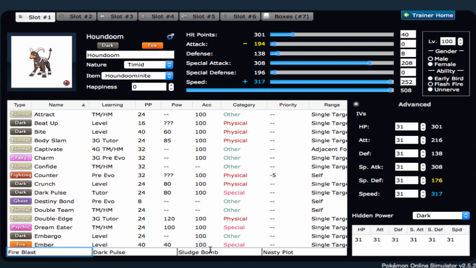And Sludge Bomb will hit Keldeo for neutral damage, which is another Pokemon that would probably want to switch in on Houndoom. The only thing that this set can't really touch is Tyranitar, but of course, Pursuit is not going to do much to Houndoom anyways. Your defense skyrockets pretty nicely, I guess, after you Mega Evolve. So you hit a nice 208, if I can remember,